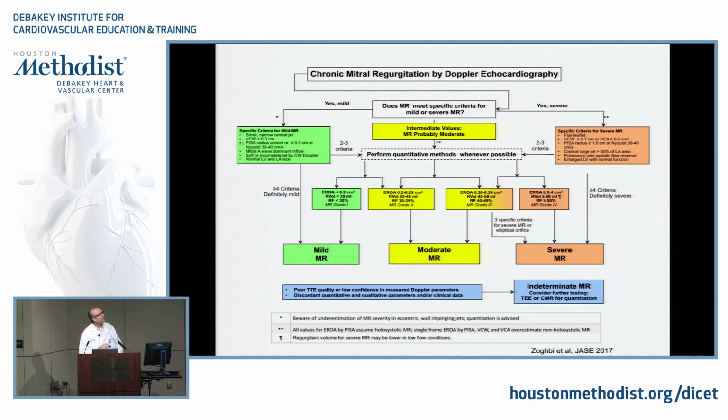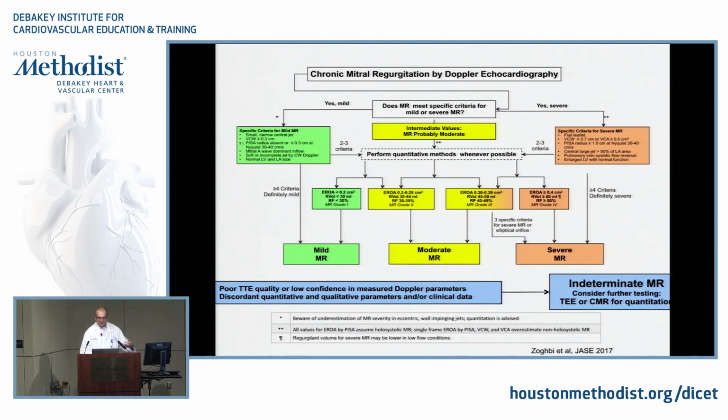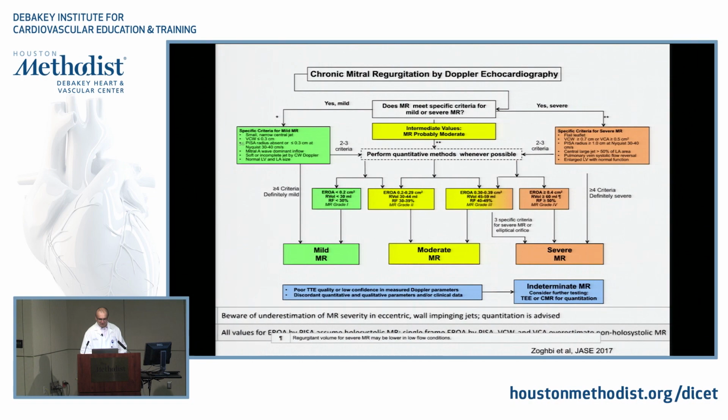And I think what it nicely highlights is, if you look at scenarios where all the parameters line up, and this is just an example of the algorithm for mitral regurgitation, if you have all the criteria that are specific for mild MR, I think the answer is straightforward and clear. If you have all the criteria that are specific for severe MR, the answer is pretty straightforward and clear, there's severe MR. But there are certain scenarios in which things are not so clear, and those are cases where quantitation may be useful. And I'll just give you a high-level overview of some of the examples where CMR is recommended in this,